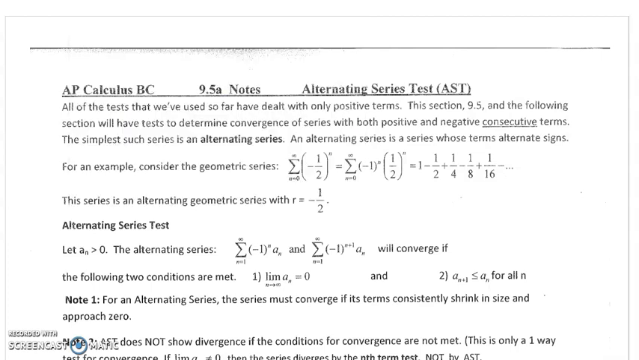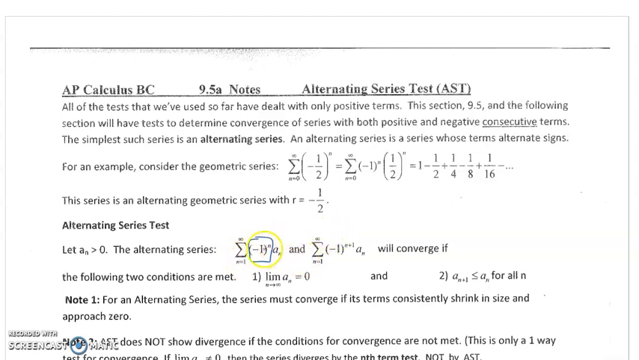So we're going to learn about something called alternating series now. Alternating series means that the sign alternates from positive to negative to positive to negative to positive to negative, back and forth, back and forth. And the key way to make a series alternate is by including a -1 raised to the n